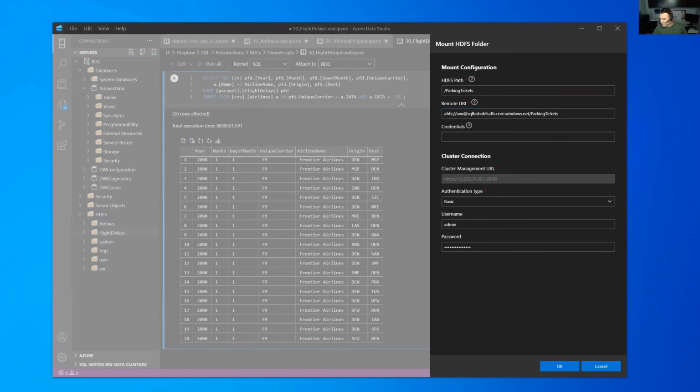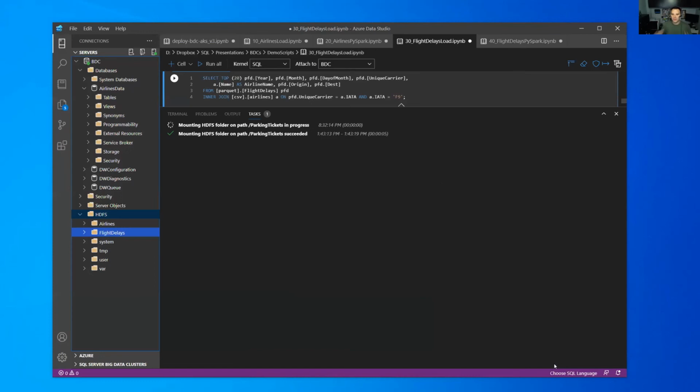And then, hang on here, I need my credentials so I can actually access this because it's not open to the world. You don't get to see the credentials, it'll fill them in like this. But if I do this and hit OK, it should hopefully connect us to there. You can see where I did this earlier today as I was setting this all up. There we go. If I refresh HDFS now,